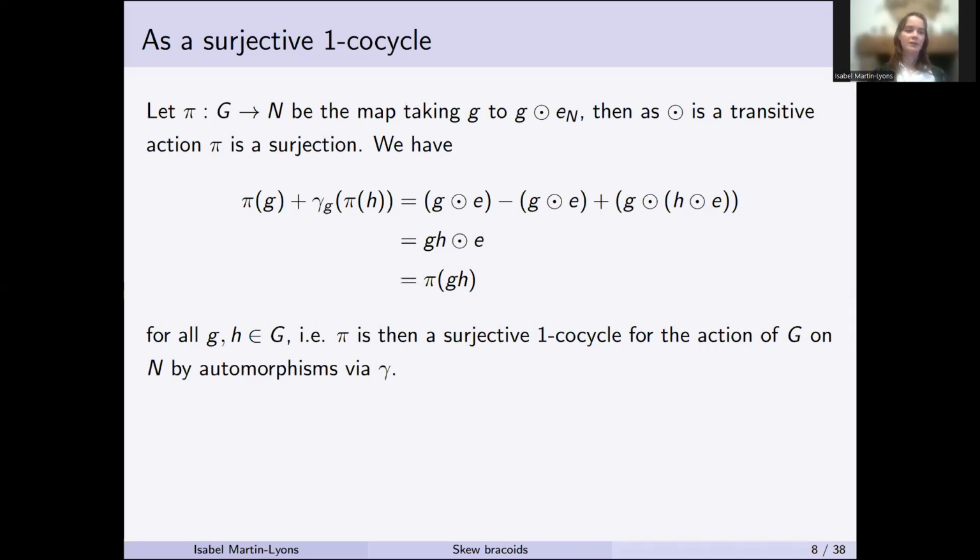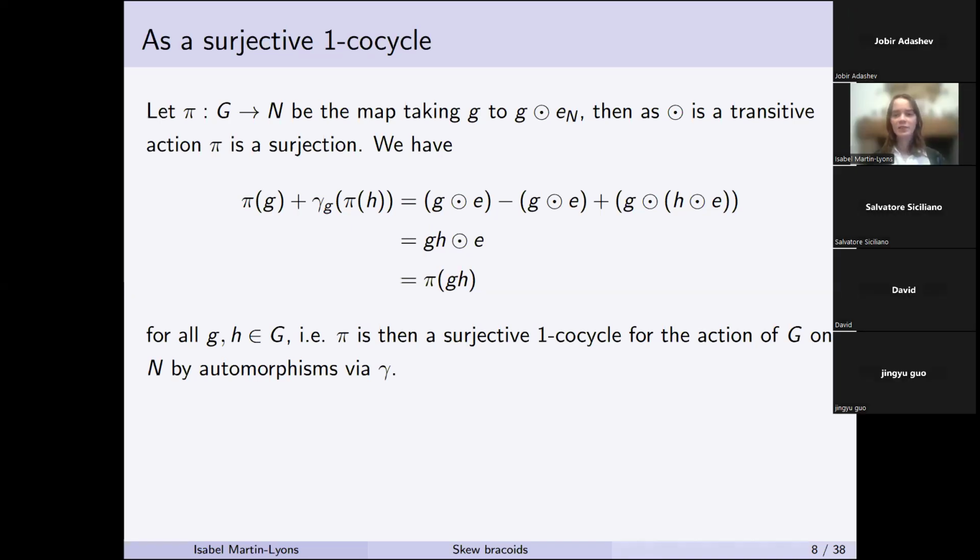So if we let pi be the map taking G to G acting on the identity, so a sort of projection, then by definition this action is transitive, so this pi is a surjection. Then pi of G plus gamma sub G pi of H, just subbing in the definitions, we get these first two cancelling, and we end up with pi of GH. And this means that pi is then a surjective one cocycle for the action of G on N by automorphisms